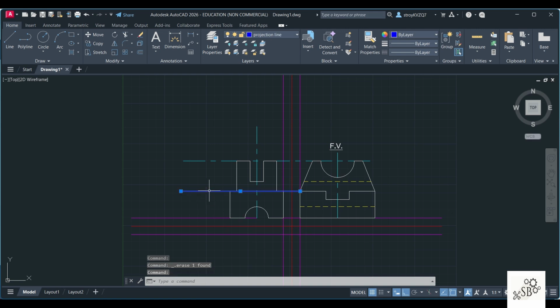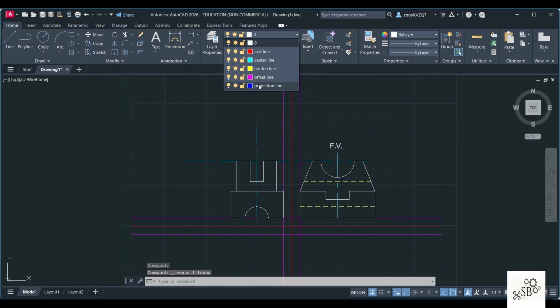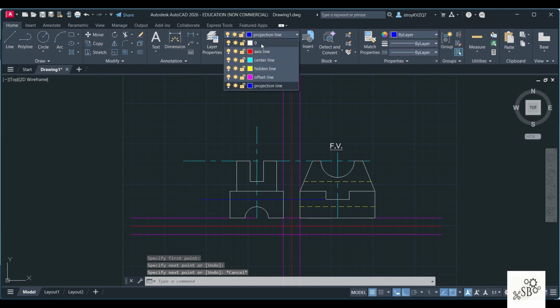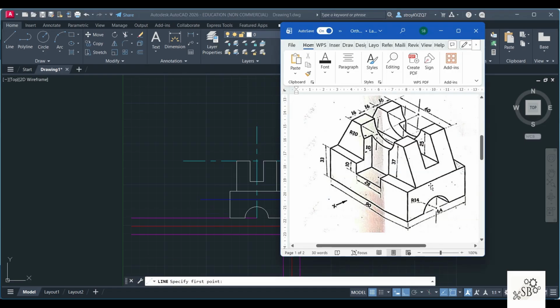Now this line is not required, but I need to draw a projection line here because I want to also project something from here. And then I'll choose 0 line. What else are we going to draw? The first thing is this edge, as you can see here. Now this edge is present, but when you look from the side, right hand side, you cannot see this edge, but it is existing. So you will have to draw that edge. Now this is going down by 10 from this end itself. From here it will go down by 10. It will go inside by a distance of 10 plus 8, 18.